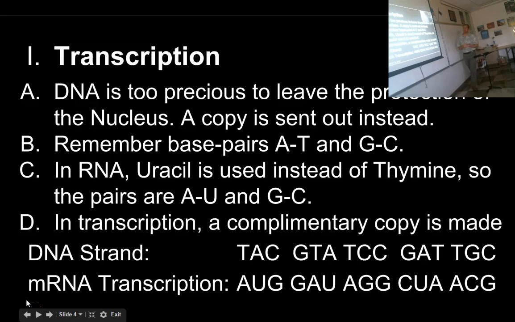Okay, so DNA, we said before, is too important to leave the nucleus, so we have to make a cheap copy. And when I say cheap copy, I don't mean that it's full of errors. I just mean that it's expendable. The cell can build a messenger RNA molecule quickly and use it, and then take it back apart and use the parts to make another messenger RNA. So it's recyclable, it's easily made. If it gets lost, it's no big deal. Okay? So that copy is messenger RNA, mRNA.